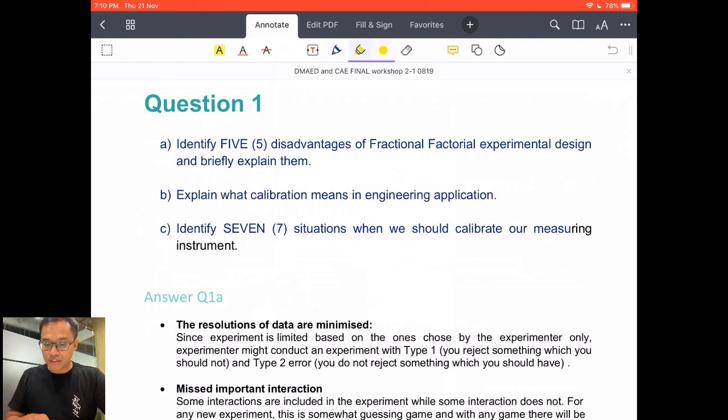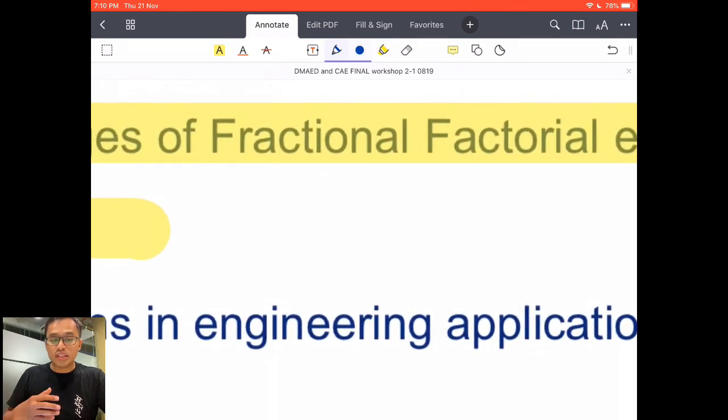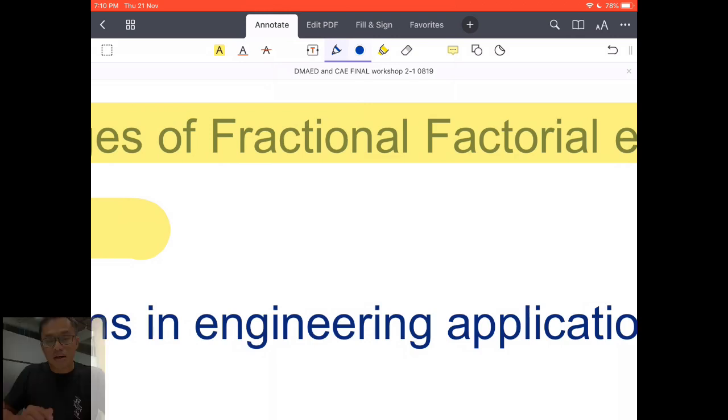So the first question: identify 5 disadvantages of fractional factorial experimental design and briefly explain them. So usually this is 10 marks because we have 5 disadvantages of fractional factorial and explain these 5. So where do you get this data from? These answers are coming from Taguchi